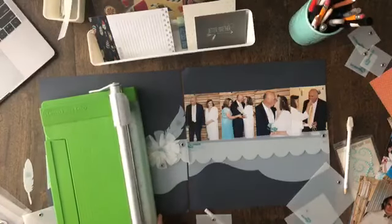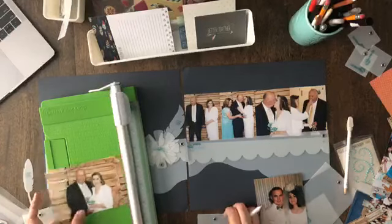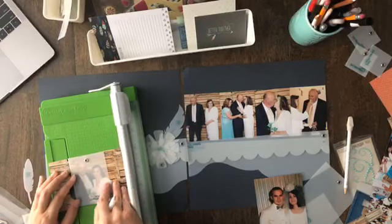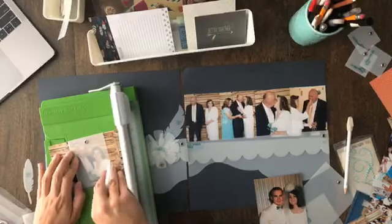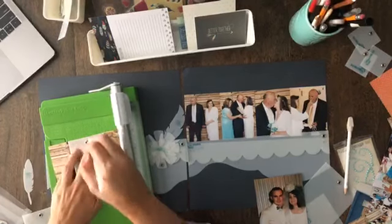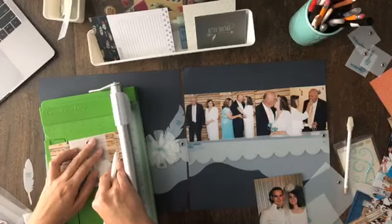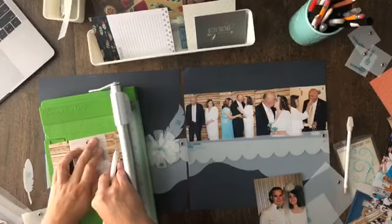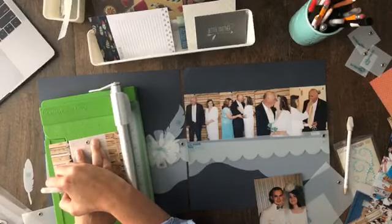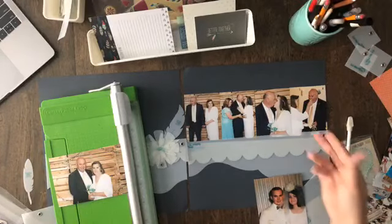Okay, another funny story as I'm sitting here cutting these. I'll hopefully keep you guys entertained at the same time. So on my wedding day, David and I's wedding day, I'll have to find a picture sometime, we went to cut the cake. I was so evil. I probably shouldn't tell you guys. It is the one thing I do regret, for whatever it's worth. Before I tell the story, I'm gonna say that I regret it, okay? If I could go back in time, it's one thing I would change. And it's really not that big of a deal. But, so we went to go do the cake, and